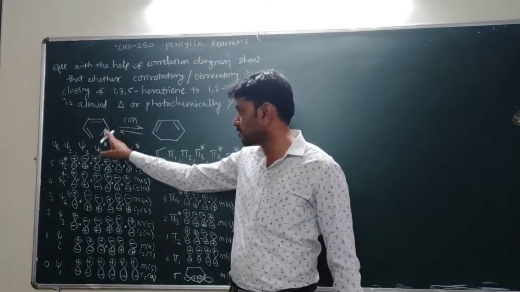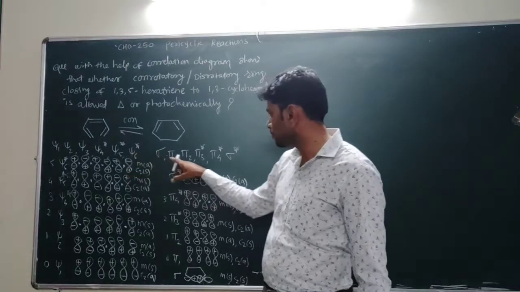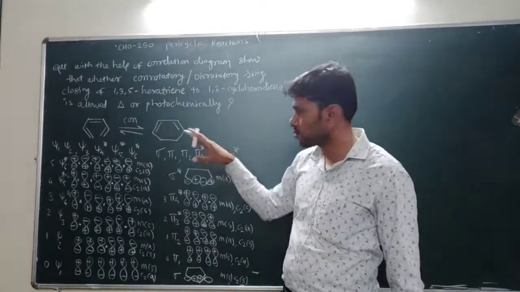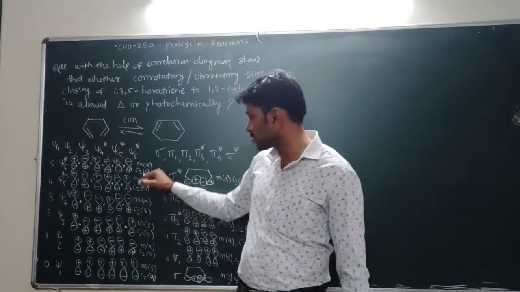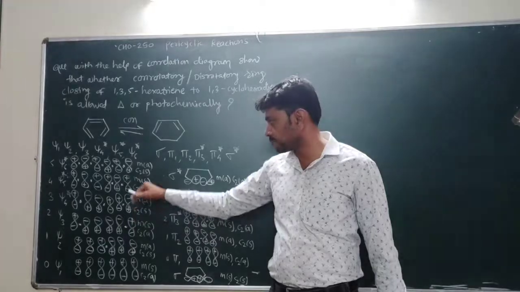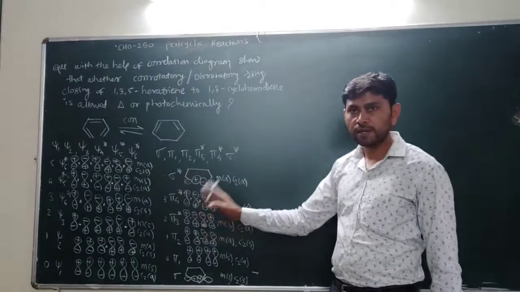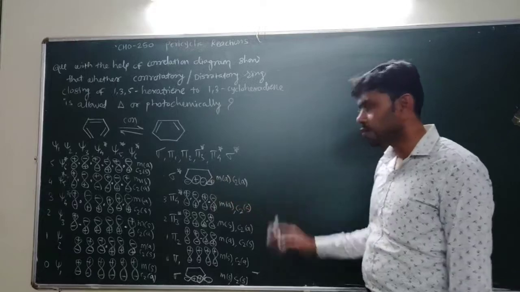This is the general reaction, and we know that there are 6 reactant orbitals and 6 product orbitals. So we drew them energy-wise, and the symmetries are also drawn here. Here these symmetries are taken, M, C2, M, C2. So all these symmetries we have found out for the reactant and also for the product.